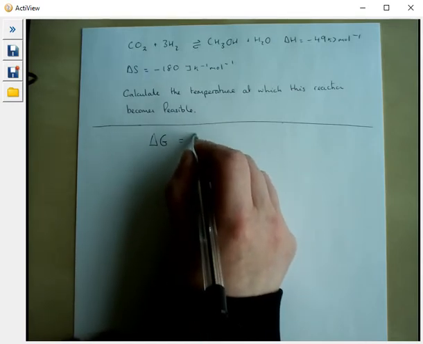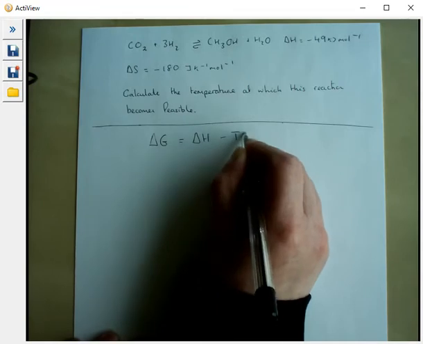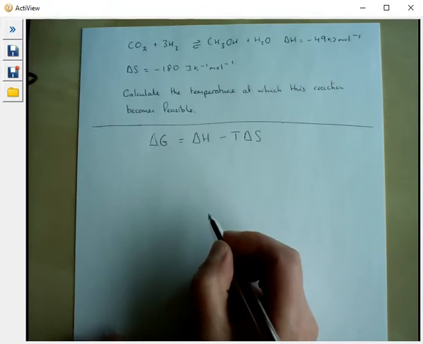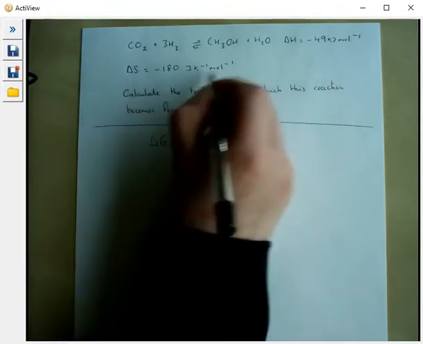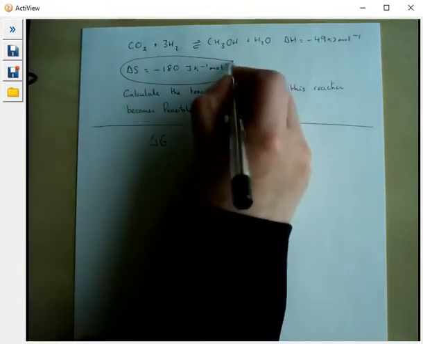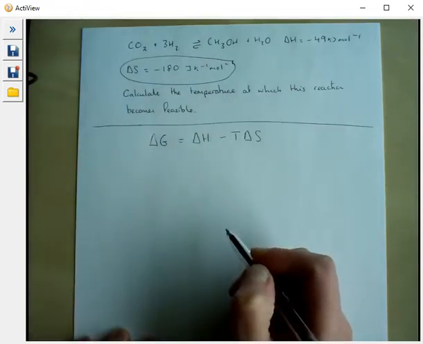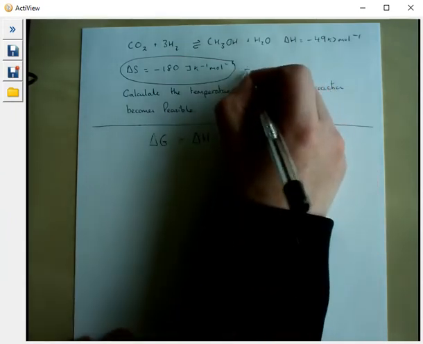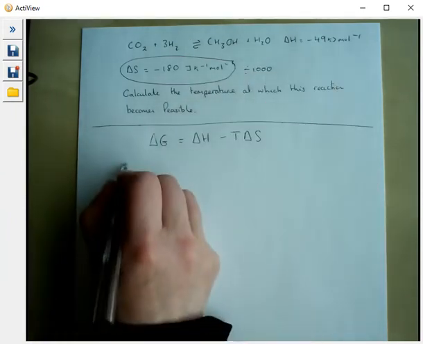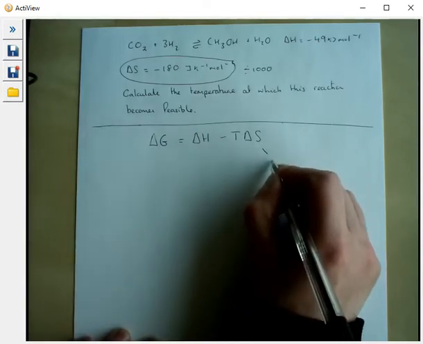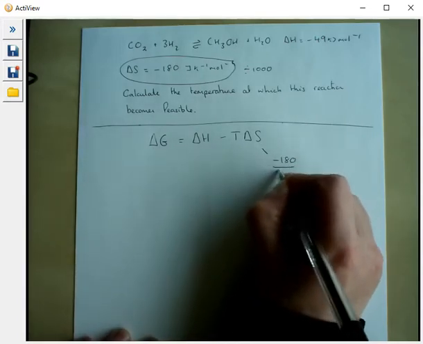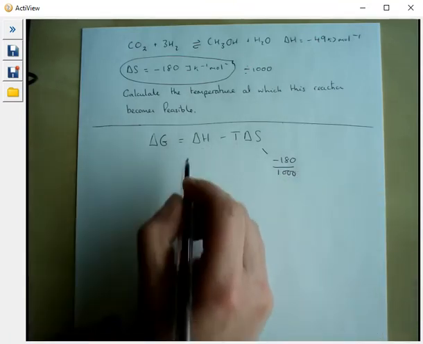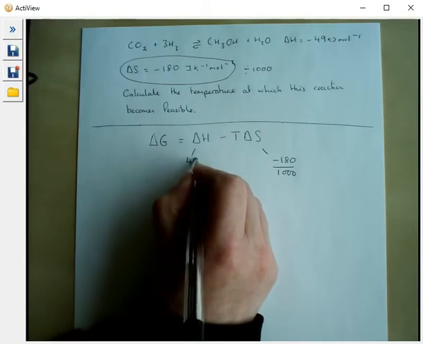Change in Gibbs free energy equals the enthalpy change minus the temperature times the entropy change. So first thing I need to do is convert this entropy change into kilojoules per Kelvin per mole. So I'm going to divide by 1,000. So my entropy change is minus 180 divided by 1,000. The temperature is what I'm trying to work out, and my enthalpy change from the question is minus 49 kilojoules